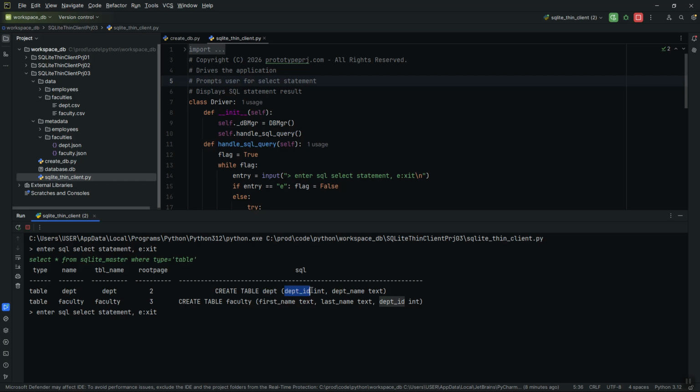So department ID is an int and department name is a text. And here first name is a text and last name is a text, and department ID is an int. And if we do a select,